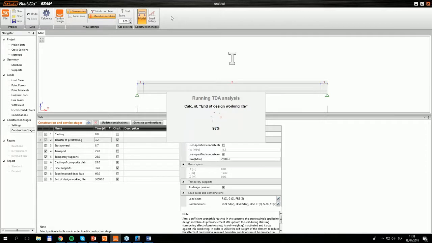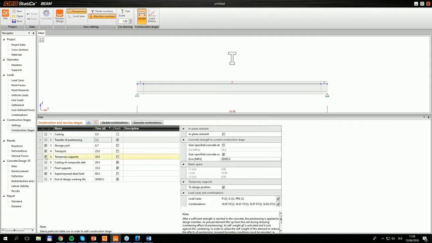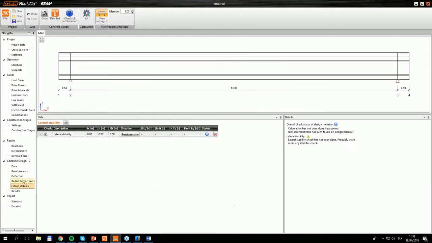And there are two conditions, let's say geometrical conditions. So there is a new tab in Navigator for concrete design, and I will use, let's say, one on the crane, and